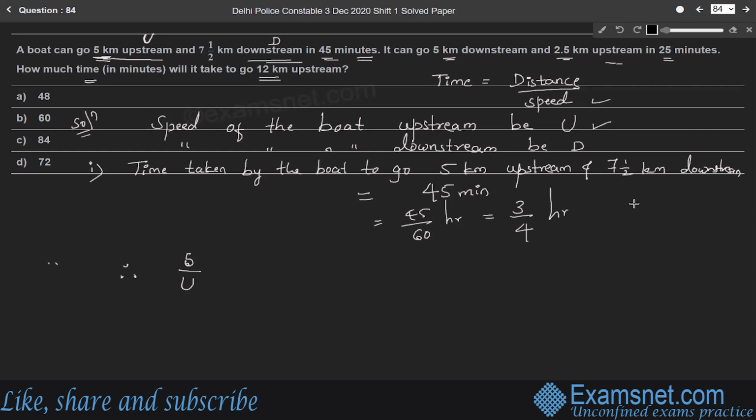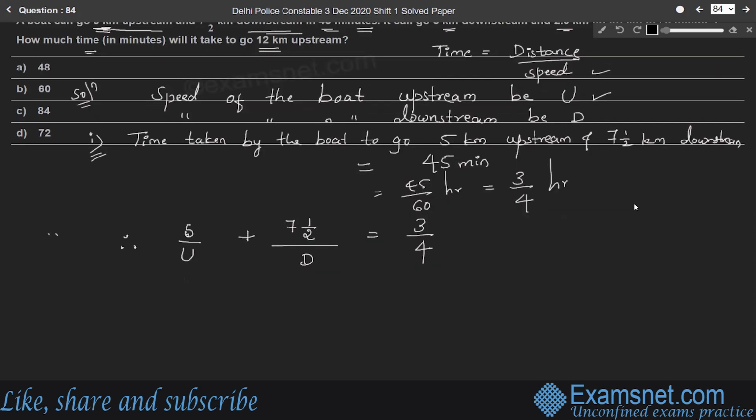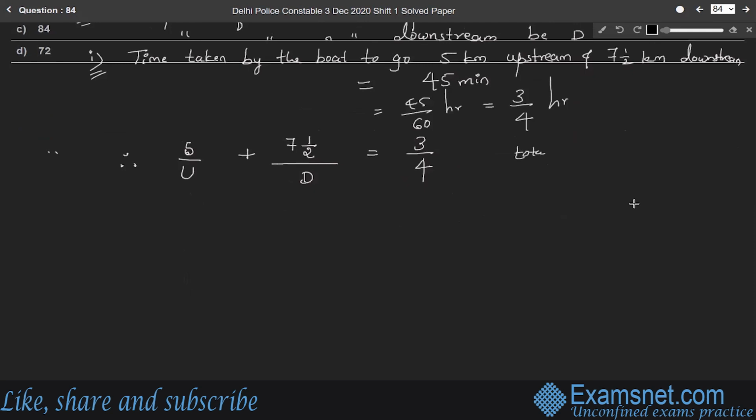Therefore, 5 by u plus 7.5, that is the distance covered by the boat downstream, by the downstream speed d, 7.5 by d is equal to 3 by 4, the total time taken by the boat in the first situation. Right? So here 5 by u gives the time, as well as 7.5 by d also gives time, right? So 3 by 4 is nothing but the total time taken by the boat in the first situation,